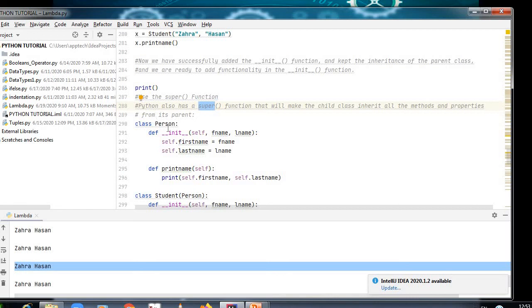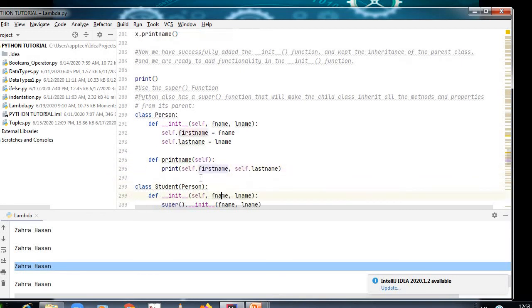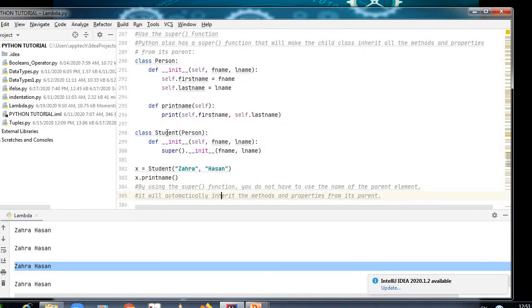Here also I'm using the init method, self dot first name, self dot last name, and defining the print method by calling first name and last name. I'm using class student, created one more class inherited from person. Now here I'm not using person. You can see that through super I'm calling. In the other program I'll show you. Here you can see super.